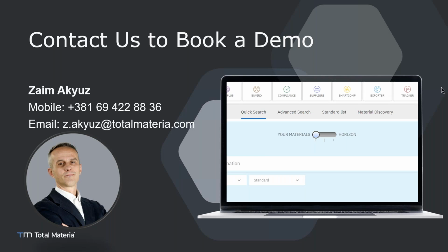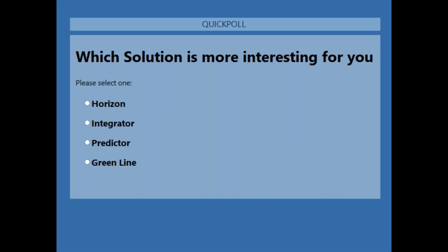Please tell me which solution is very interesting for you. Of course, Green Line and Predictor and Horizon and Integrator as well. I know some of you are our Integrator users. Anytime, remember, you can ask for free technical support if you're struggling to find some information in Total Materia, and free trainings anytime you want, as much as you want.